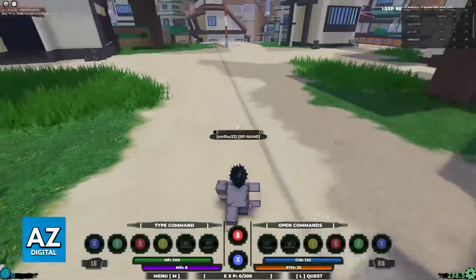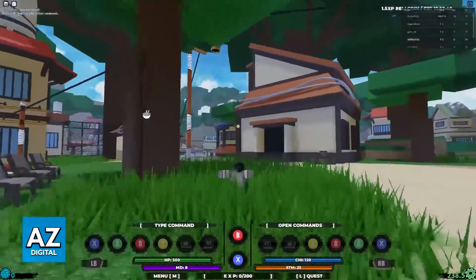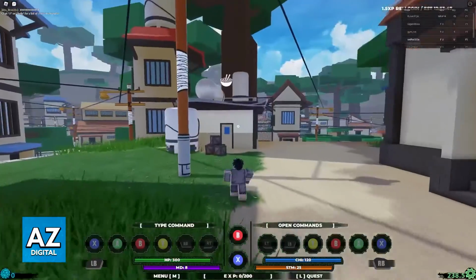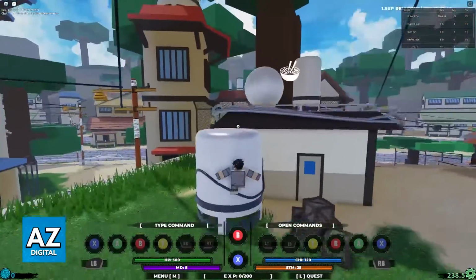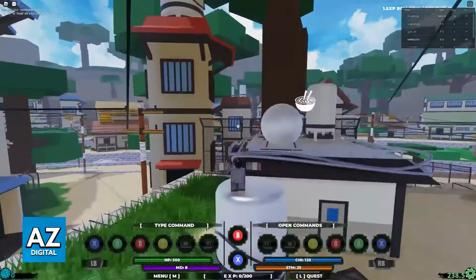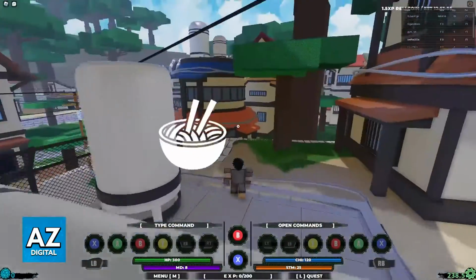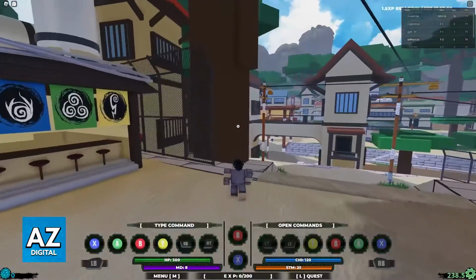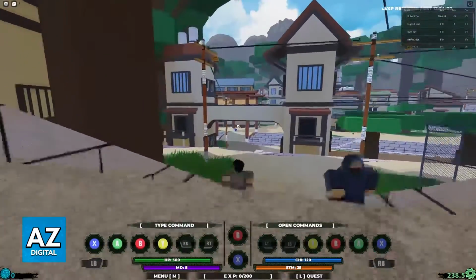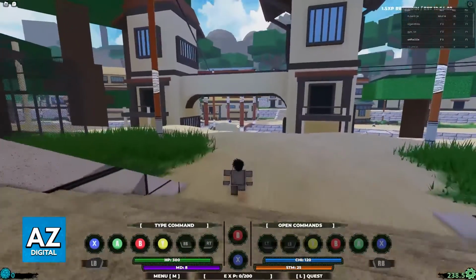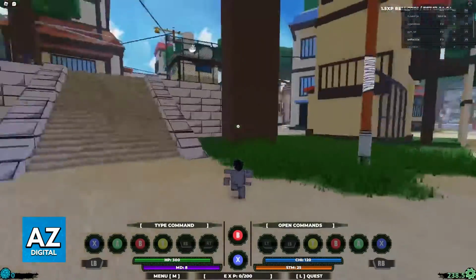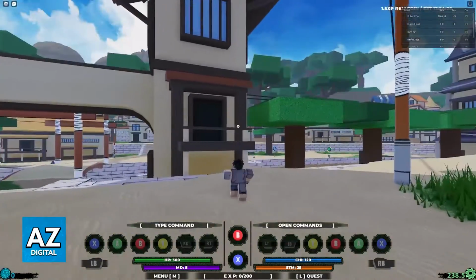Now, I am a newbie and sadly I won't be able to demonstrate much gameplay, but as you can clearly see, the controller is working, all of the buttons were adjusted, you can jump, double jump, and do anything that you would with a keyboard and mouse, but on a controller instead. So all that you have to do is join the experience with the controller connected, and you will be able to experience Shindo Life using only a controller. I hope I was able to help you on how to play Shindo Life on controller.